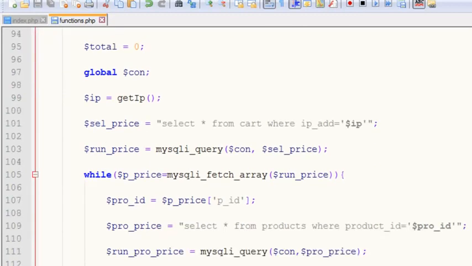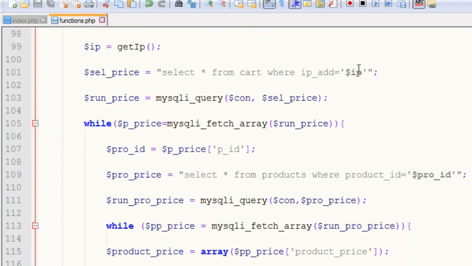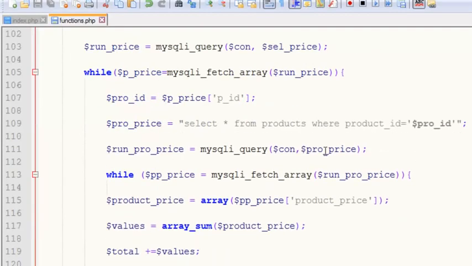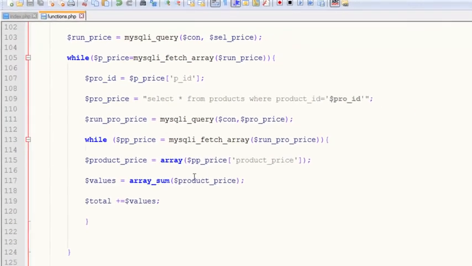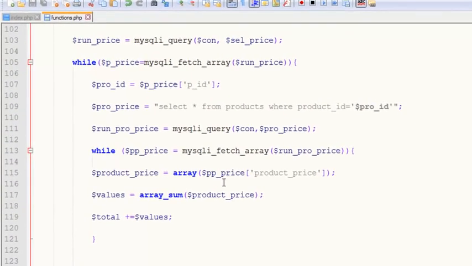After that, using the IP address, we have taken the data from the cart table using the IP address which is different for every user. And after that we have run a while loop, and then in another while loop we have taken data from the products table according to our product ID, and in the last we have used an array to get all the data into one single variable, and then using array underscore sum we have calculated all of them, and finally with the total we